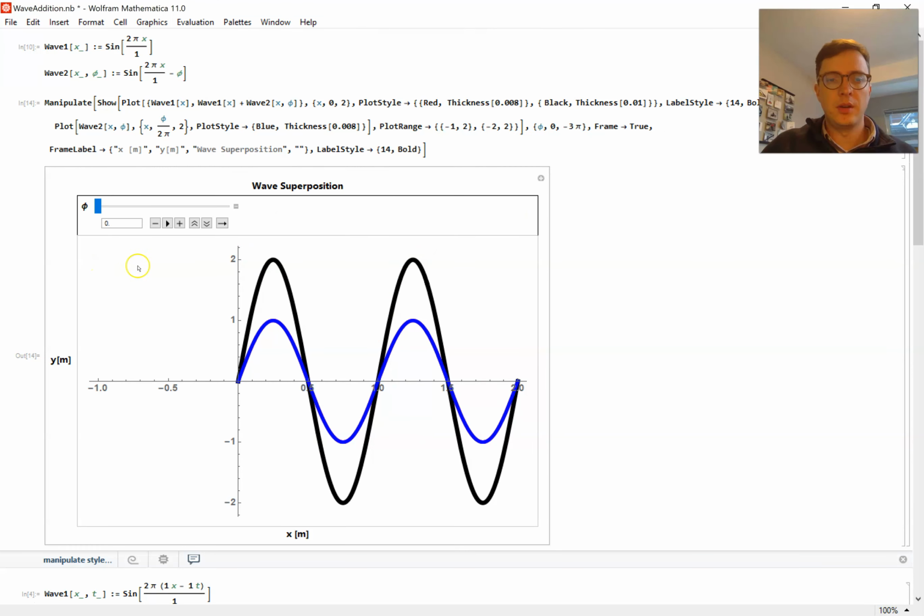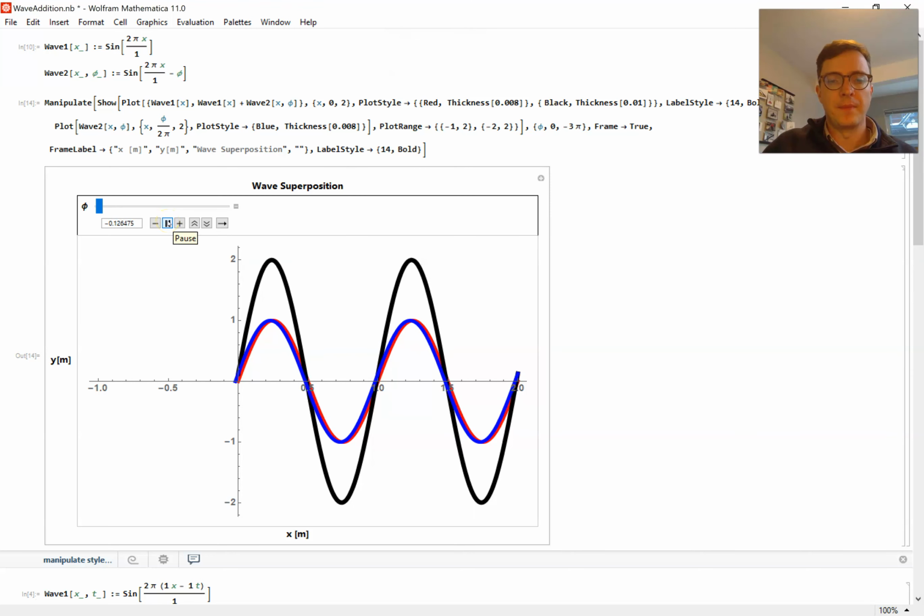Okay, so here is basically that same idea. I've got two waves which are red and blue, which are, you can't see the red one because they totally lie on top of each other. And then the black one is the sum of those two. So I've just got some code here which does the addition for me. And I've got a knob here which is phi, the phase difference of the wave. So I'm going to shift one of the waves relative to the other one. Right now phi is 0, so they're in phase, and you have constructive interference. Let me try to